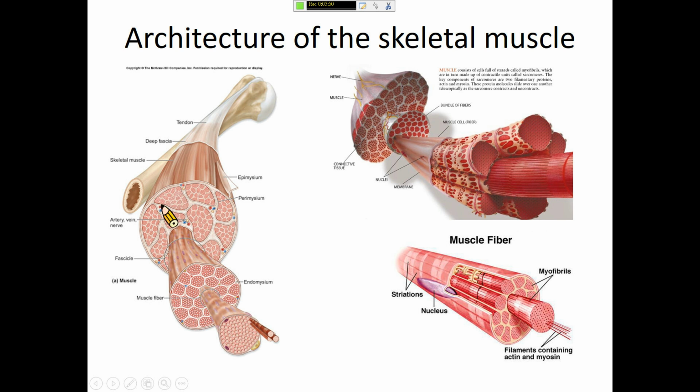Okay, and then if you look closer, it's covered by this something called fascicle. Okay, and then on this surface you can see this, I don't know whether you can see it or not. Okay,